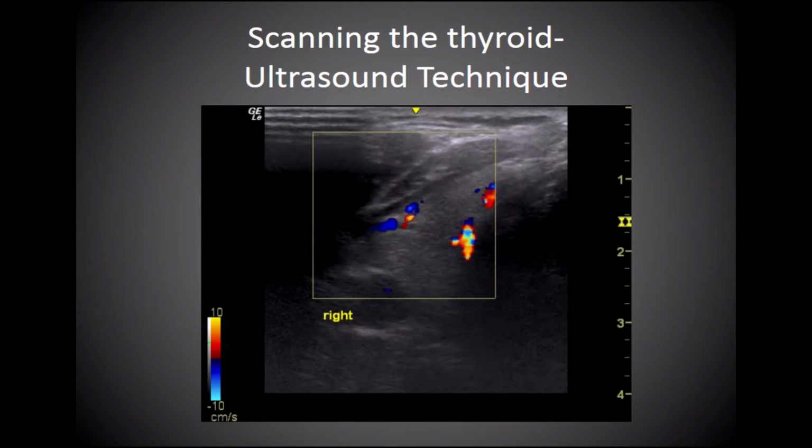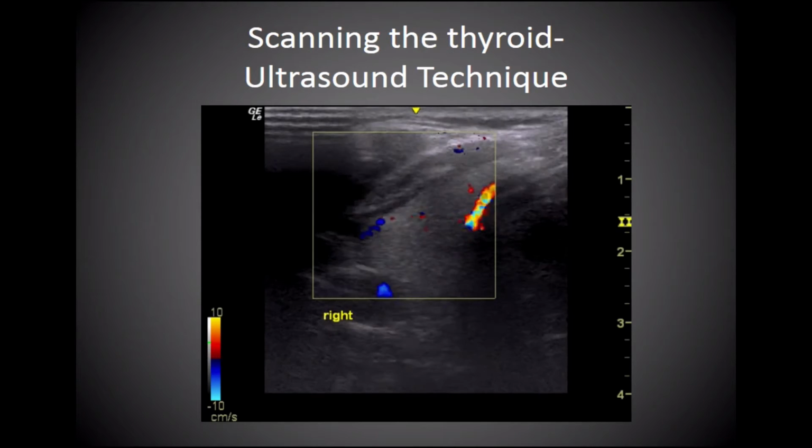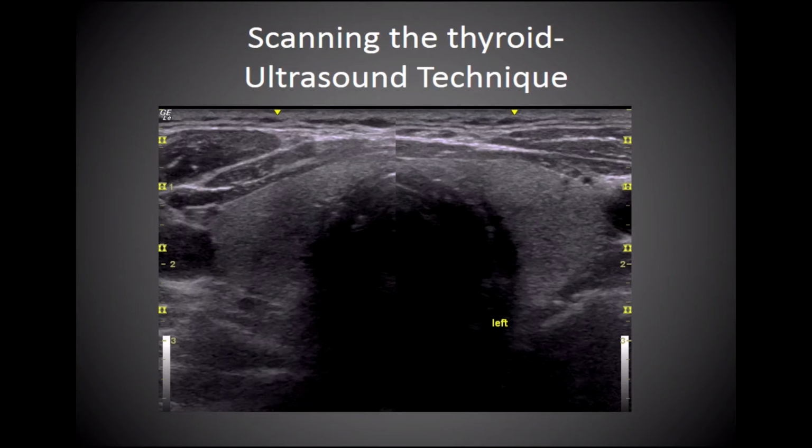Note the color flow into the normal thyroid gland with large vessels surrounding the outside of the thyroid and smaller vessels penetrating the thyroid. This is the split screen approach to viewing the entire thyroid on one image. The right side was first obtained, the screen was split, and the left side was obtained, and the two were pasted together. So you get a nice view of both the right and the left side of the thyroid gland